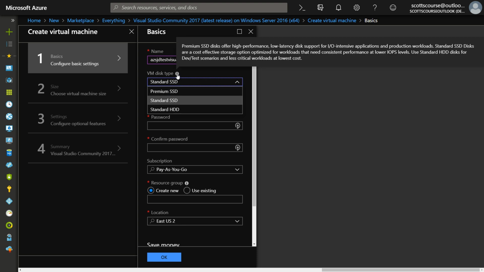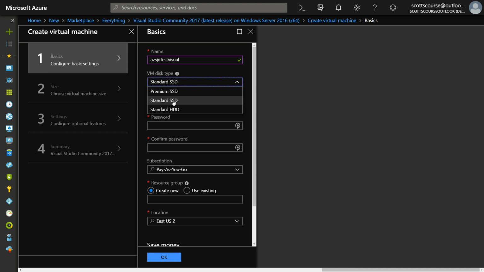The premium SSD is sort of their highest performance, lowest latency. If you are looking for production performance, then the premium option is available to you. The standard disk is slightly less performant and good for development environments. I don't think there's any reason to choose premium in a development machine, but maybe you'd want that for your web servers, etc. Okay, we're going to have to choose a name,